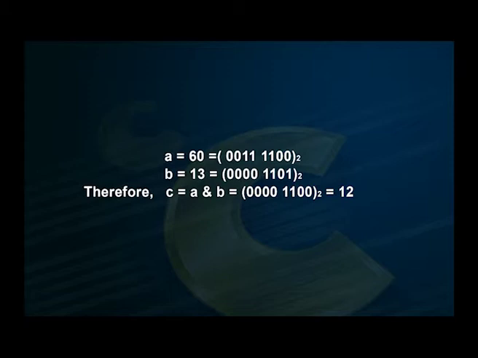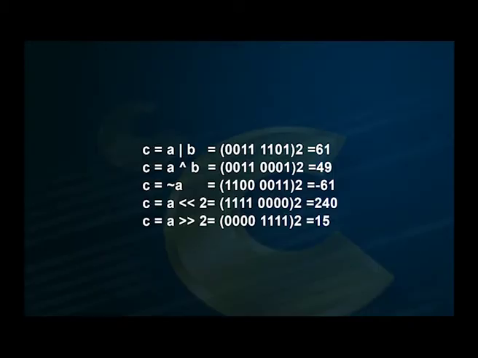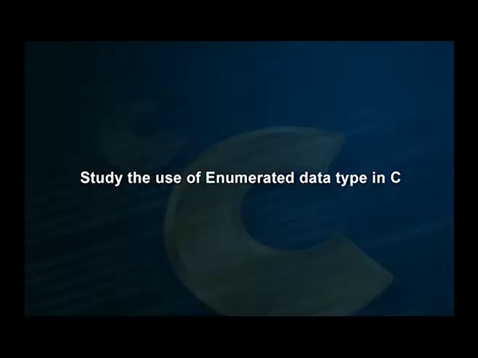Therefore, c equal to a and b, equal to the binary of a and b, then the value will be 12. Similarly, you can see c equal to a OR b, c equal to a XOR b, c equal to not a, c equal to a left shift 2 and c equal to a right shift 2, and the value will be 15. Now, let us move to the next program to study the use of enumerated data type in